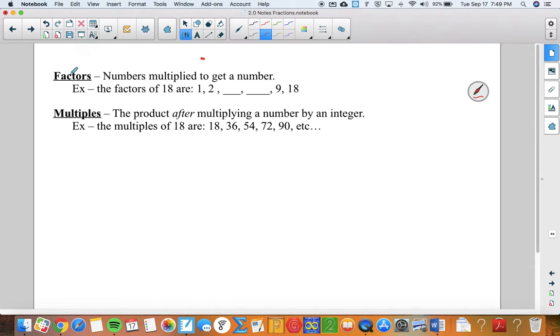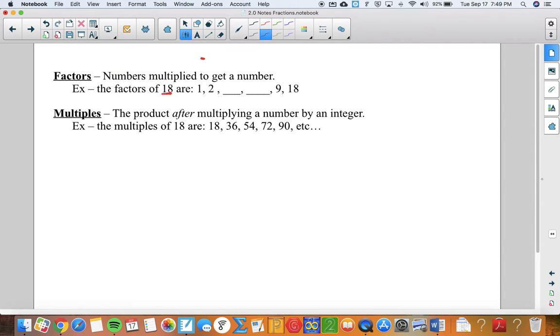You might have heard the phrase factors before, like what are the factors of the Packers winning the football game, or what are the factors in this issue. It might be a political issue or a social issue. What are the things that go into it? So another way of thinking about factors in math, it's numbers that multiply or go into some bigger